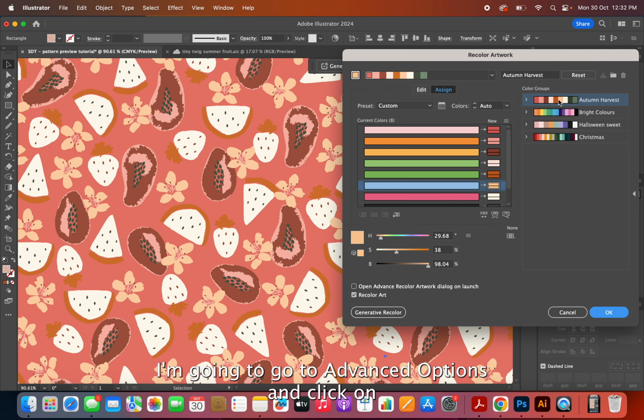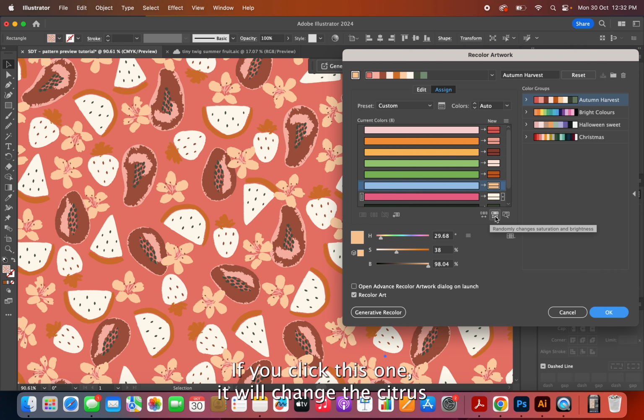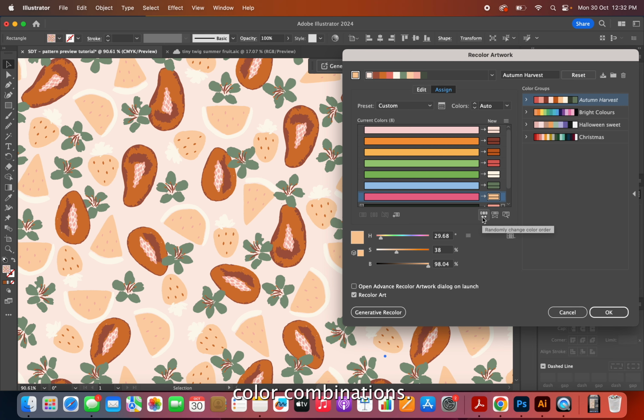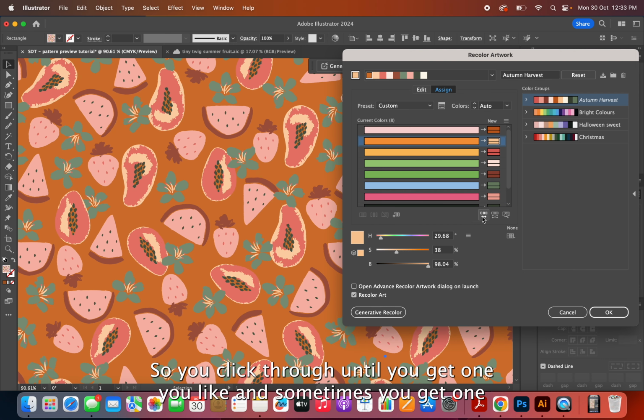and click on some of these palettes, and then click the color palette that you want to use, and then click this one that says randomly change color order. If you click this one, it will change the saturation and brightness, so it won't actually stick to your color palette. So always click this one here, unless you want it to change, and you can get some really fun different color combinations. So you click through until you get one you like,